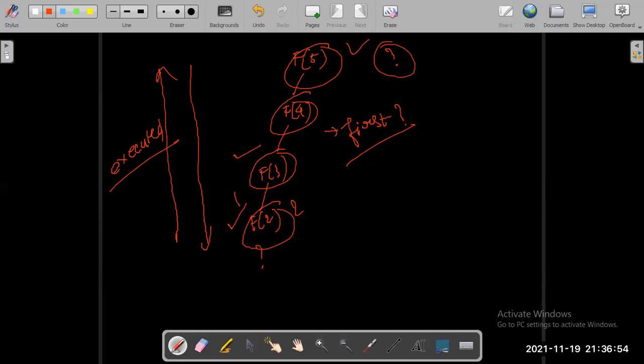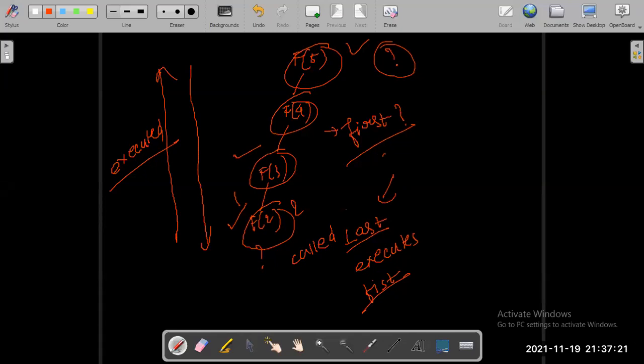Okay, now tell me anything you can relate with stacks. Whatever function is called last executes first.